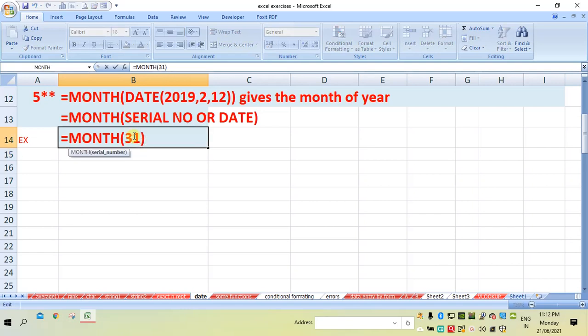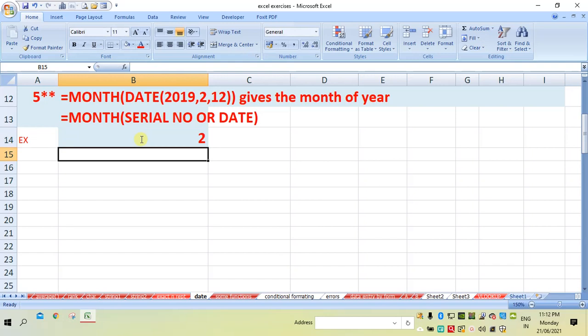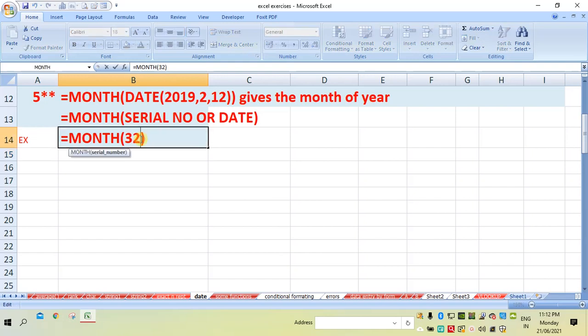Suppose if I write 32, so 32 means after 31, the next day, the second month begins. From 32 days onwards, the second month begins. That's why it will give you a 2 here. So this way we can write a series to convert them into months.